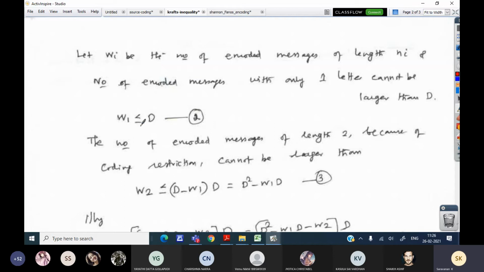Substituting i as 1, the restriction is that w1 is always less than or equal to D. Next, substituting i as 2, the number of encoded messages of length 2: take w1 to the right-hand side, so w2 is less than or equal to (D minus w1) multiplied by D, which gives D squared minus w1 D. This is the condition for the number of encoded messages of length 2.